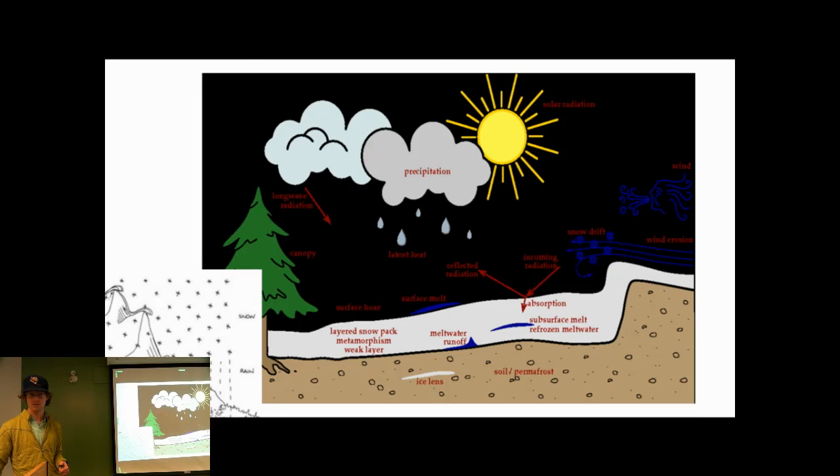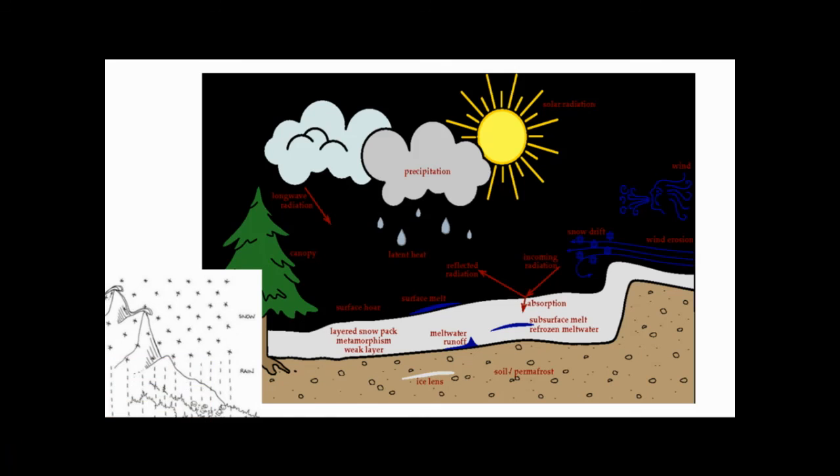Any questions? All right, so this is just kind of a recap picture. What influences the snowpack? The sun, precipitation, rain or snow. Canopy cover influences the wind speed. Wind,